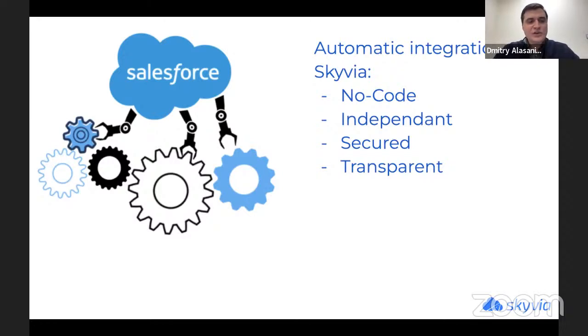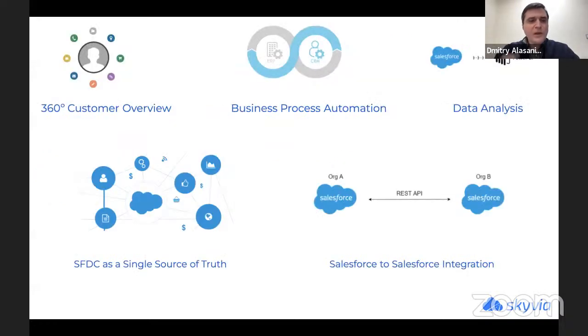The most common integration use cases around Salesforce are 360-degree customer overview, which helps better understand your customers on all stages of their customer journey, from marketing at the lead generation stage to post-sales customer service. If you want to understand your customers, you need to consolidate all of their information into a single customer profile. So, business process automation